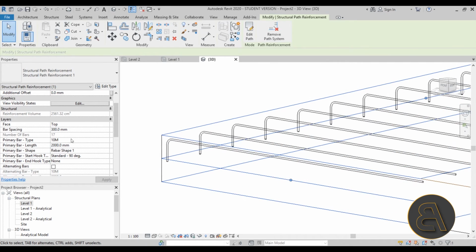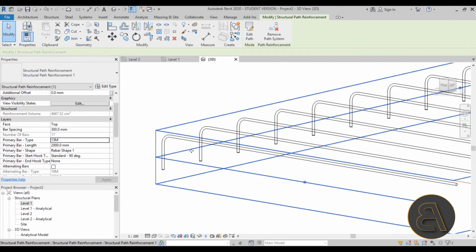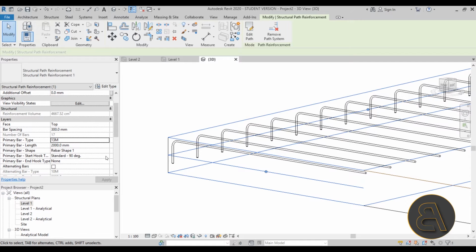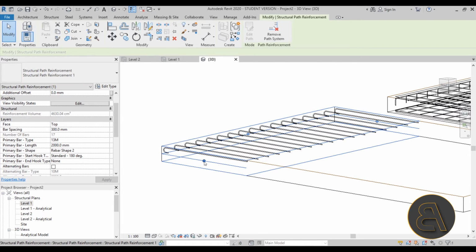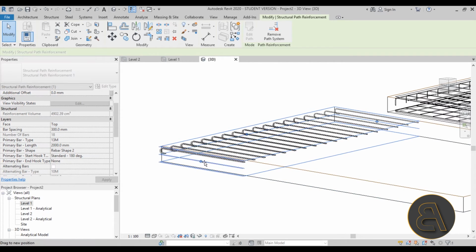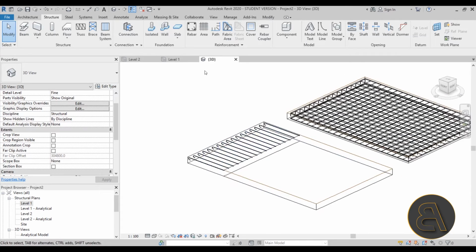Now, of course, you can play around with the distances between these, the primary rebar type, make it a bit thicker, and then play around with the hook, maybe 180. So you have multiple settings that you can play around with here, so feel free to explore that, and you can kind of stretch it around here if that's what you want. Let's bring it back. So there we go. That's how this path